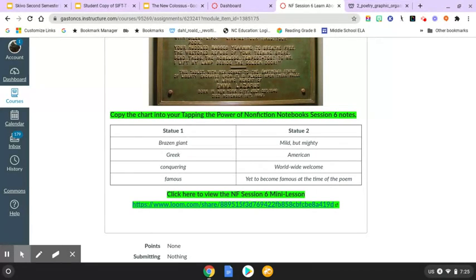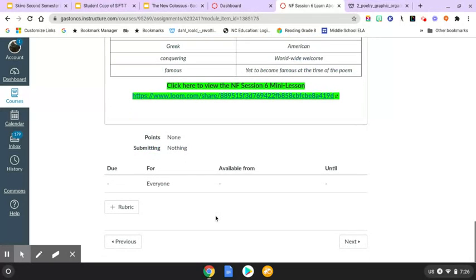The first statue is Greek. The second statue is American. It's really French, but it was given to America. So I want you to put this chart into your notebook and add any images that you see. If you want to go through the mini lesson from the county, she goes into detail about this chart and shows you what other things to add to it. So that might be a good idea, but make sure that gets in your notebook. And you're going to go on to